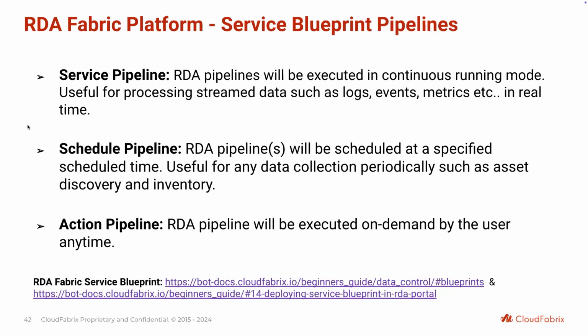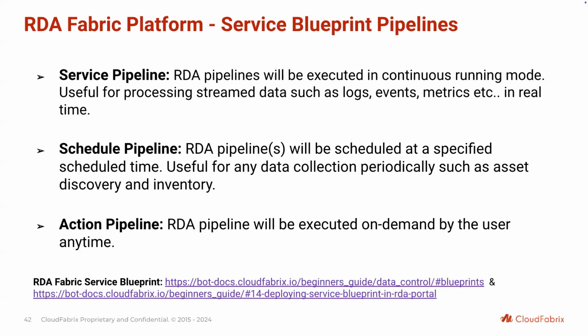What is a service pipeline? An RDA pipeline which is built to be executed in a continuous running mode, like a service, like a daemon. It is useful for processing real-time streaming data, such as logs, events, metrics, alerts. It is a continuously running pipeline looking for data. As the data comes into the platform, it consumes the data and processes it